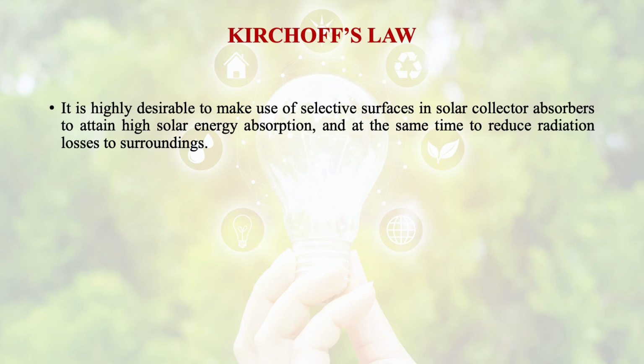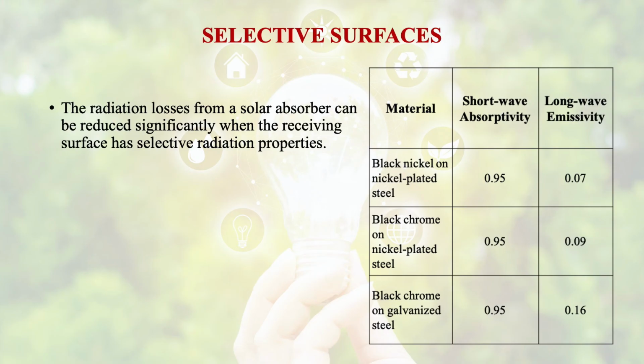It is highly desirable to make use of selective surfaces in solar collector absorbers to attain high solar energy absorption and at the same time to reduce radiation losses to the surroundings. What are these selective surfaces? As we were discussing, the radiation losses from a solar absorber can be reduced significantly when the receiving surface